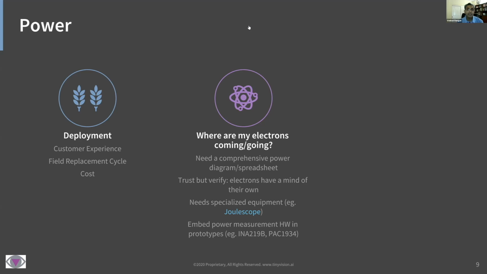Just the dynamic range required to make these measurements is huge, and you'll see that a little bit later. The other thing that I have done in the past in my Vision SOM as well is to embed power measurement chips in the device. You can always take it out when it goes to production, but what it lets you do is to measure the power in the field under real world conditions and log it.